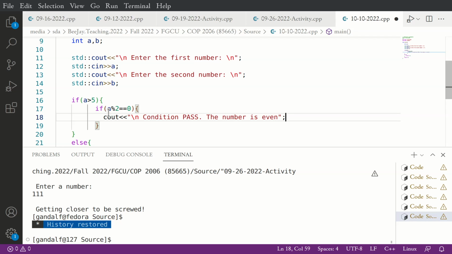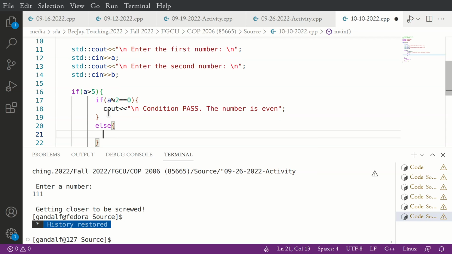So I have if, the next step is else. What is the condition for else? Or not the condition, what should we put inside else? Odd.